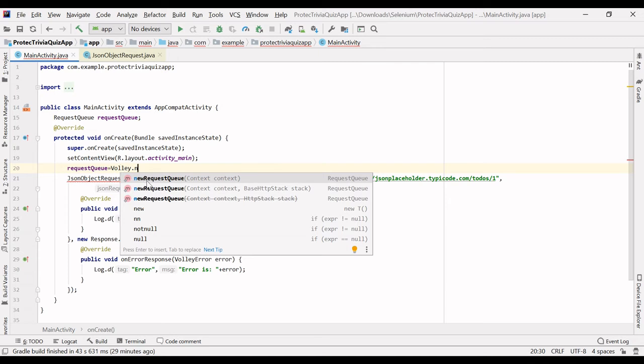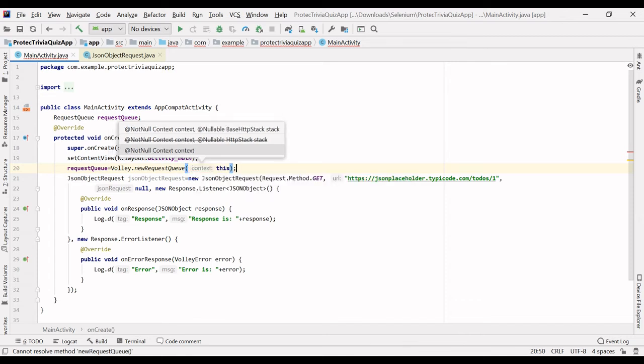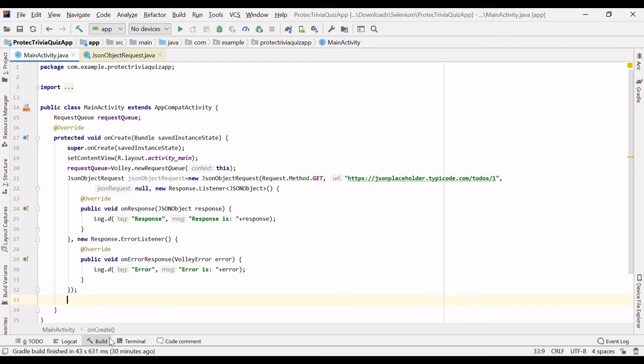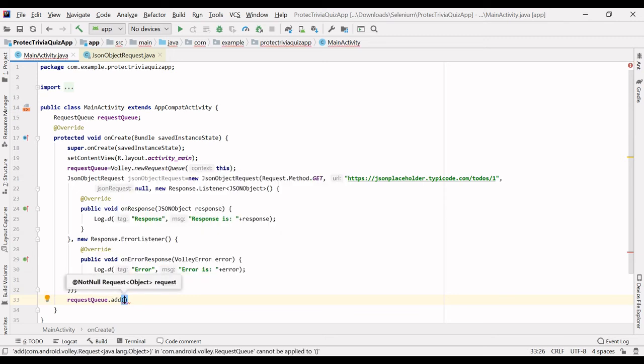With the help of Volley, we are creating a new request queue. Just provide the context in this. And we will add this JSON object request to this request queue.